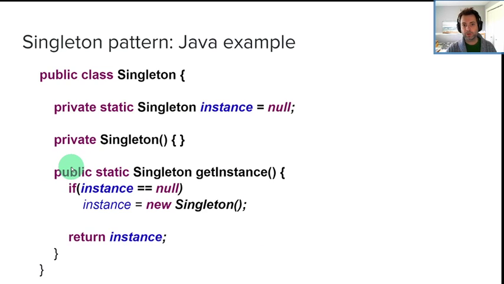So if I am building a public class video game, for example, and video game is going to create a random number generator, well, I would wrap my random number generator in a singleton class. And if I ever wanted an instance of my random number generator, I would call rng.getInstance. That way I can ensure that there's only ever one copy of this in memory. We can also make this protected as well. Again, so if we have child classes, maybe we want to have the ability to call this. But